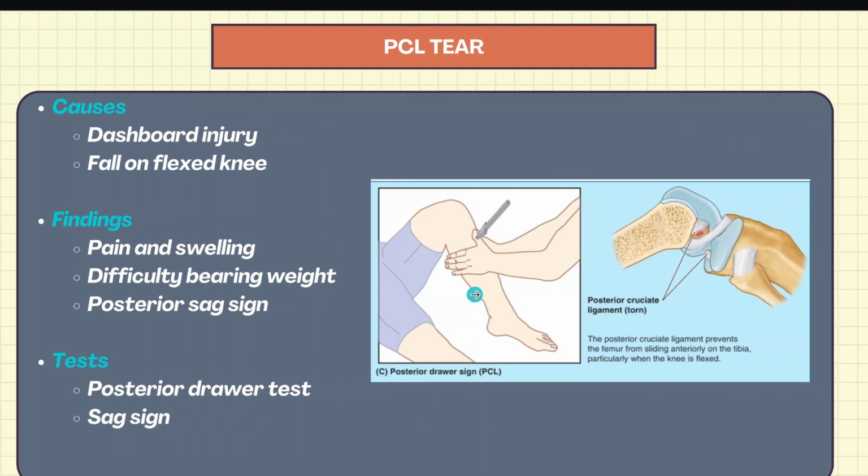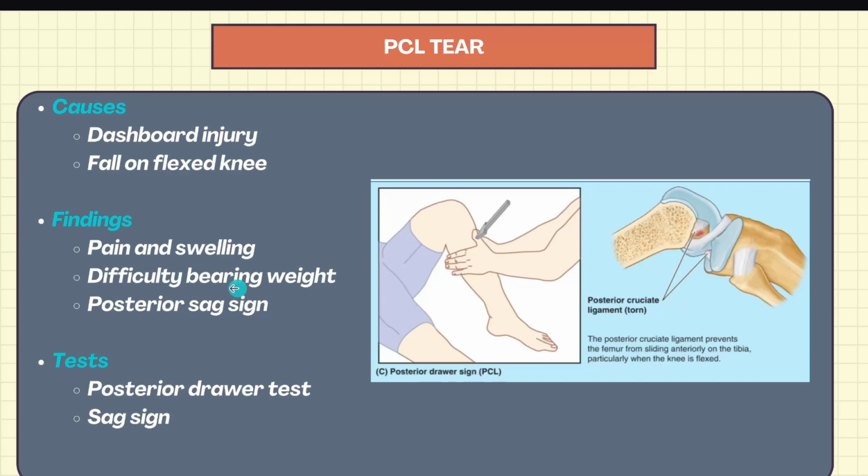Now, what happens in a PCL injury? Most of the time, it happens from a dashboard injury. So now we know dashboard injuries can cause two things: either a PCL tear, or a posterior hip dislocation. However, for this lecture, let's focus on the PCL tear. The other cause is a fall on a flexed knee. So if your knees are flexed and you fall on it, this is going to cause hyperflexion,